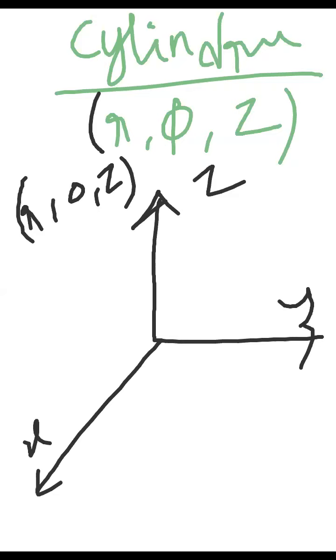Now, what is phi? Phi means the angle measured from the x-axis. Now, I am giving you that phi is 0. That means my point is exactly on the x-axis. Only a point on the x-axis will have an angle of 0 degrees from the x-axis. Please remember, this angle is always measured from the x-axis.